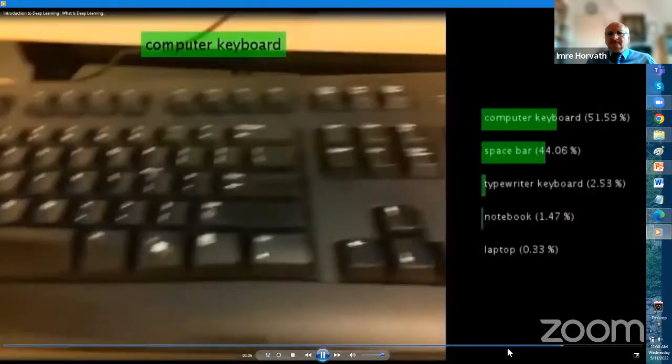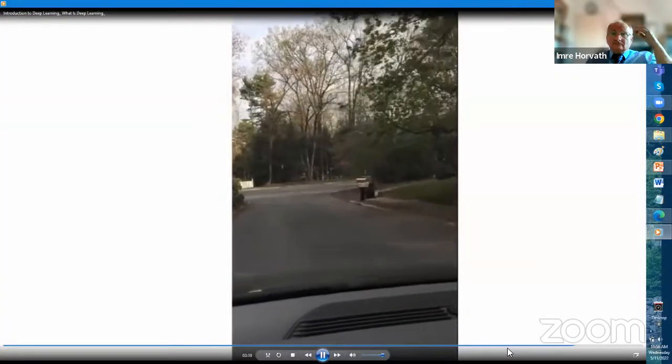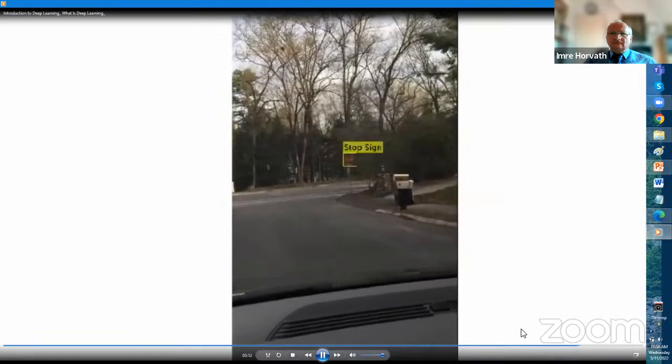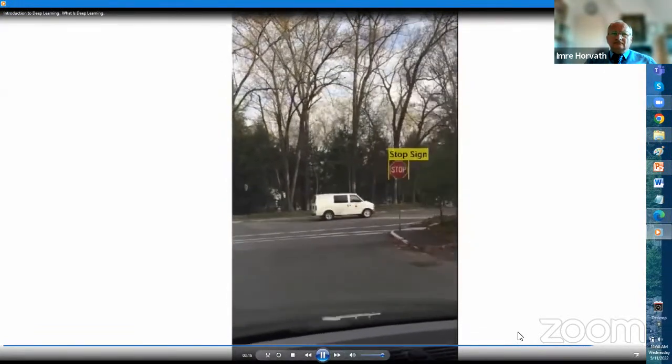MATLAB classifies objects on my desk. And this